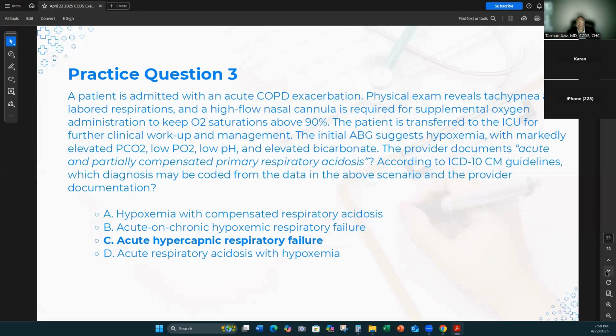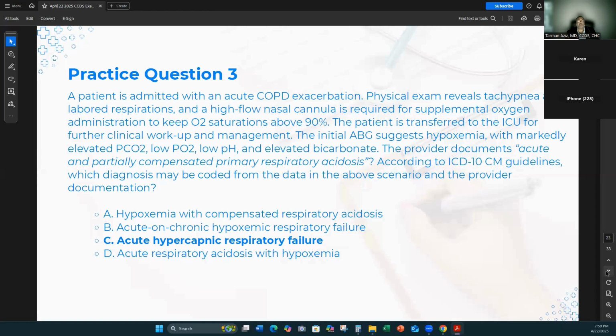So COPD patient, it doesn't say that the person is dependent on home O2. Oh, okay. And it doesn't say that they suffer with hypoxemia to a certain point without that consistent home O2. So we have COPD for sure, likely an acute exacerbation as suggested, but we also have an acute hypercapnic respiratory failure. We probably have acute hypercapnic and hypoxemic respiratory failure, but you'll notice we don't see that answer here. So you have to pick the best available answer on the CCDS.